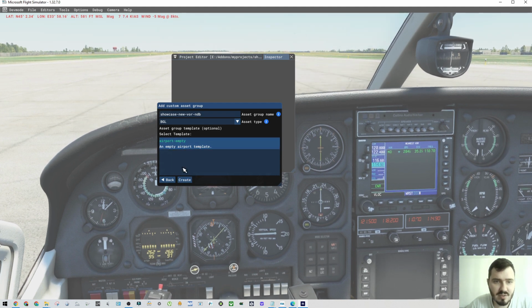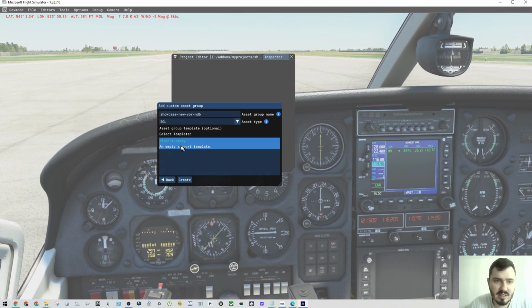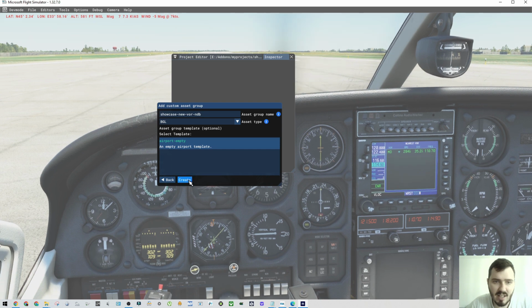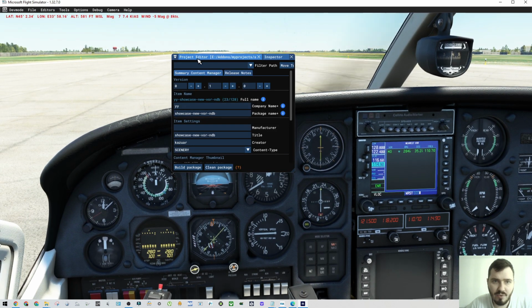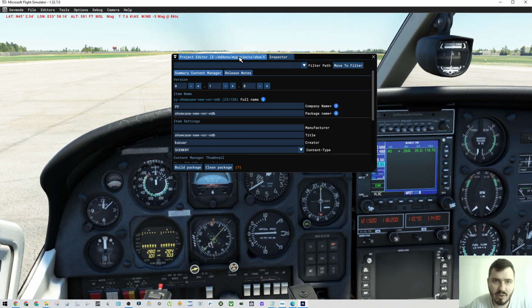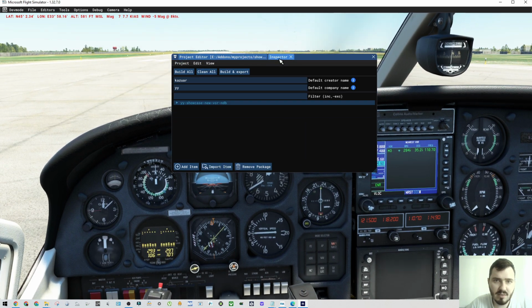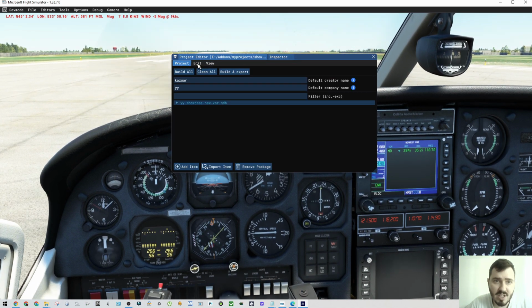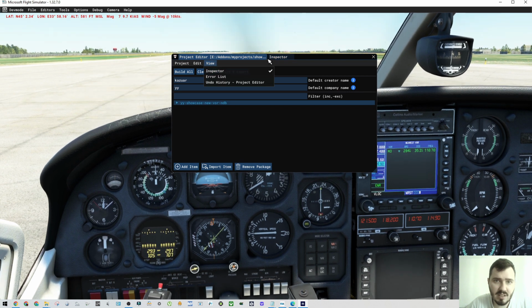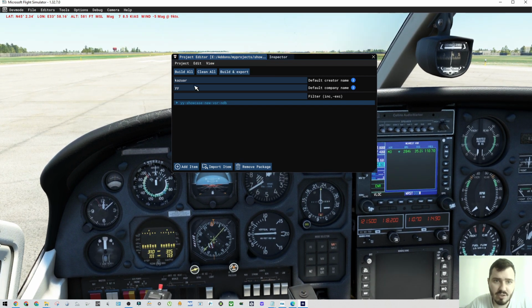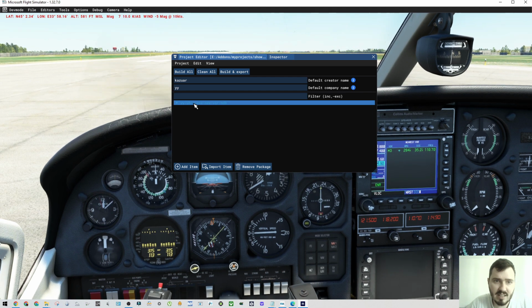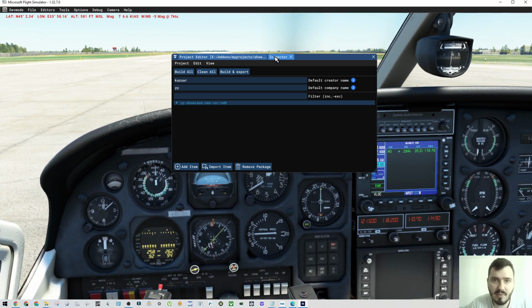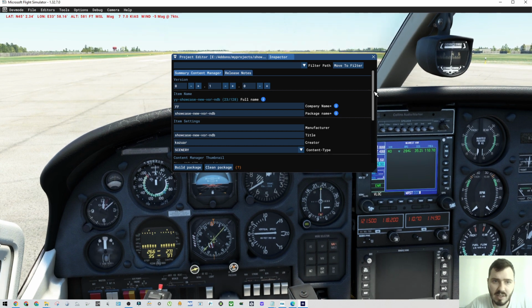In my example, I click here and it is green, as you see. I click create. Now we need to wait a few seconds. Okay, perfect. And depending on what you see, you may see this one or inspector folder. Not folder, but bookmark. Just click view inspector if you do not see this inspector. Okay. So now click one time on this blue name, inspector, and in inspector you can